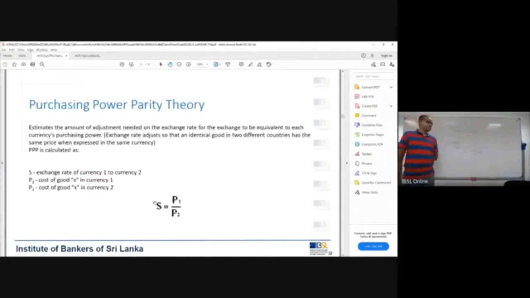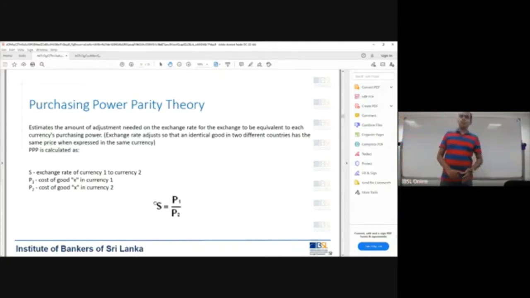Purchasing power parity theory. Purchasing power parity says that the price of identical goods in two different countries should reflect the exchange rate between the two countries, right? Which means now, if you take for example McDonald's,